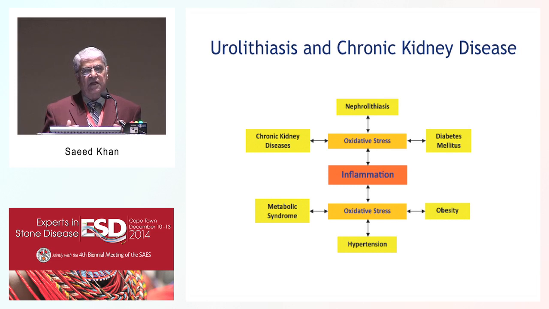So in my mind, if one disease causes oxidative stress, it can affect the other. For example, in a hypertensive patient, a slightly raised oxalate may not induce a kidney stone in a normal person. But if a hypertensive patient has a slightly increased oxalate or lower citrate or other conditions which a normal person will live with, then with the other comorbidities, that will lead to nephrolithiasis.